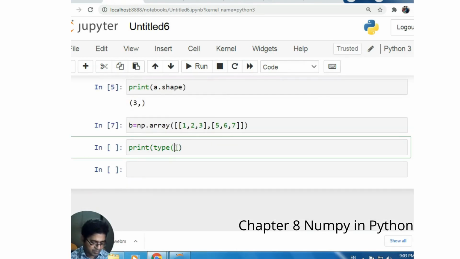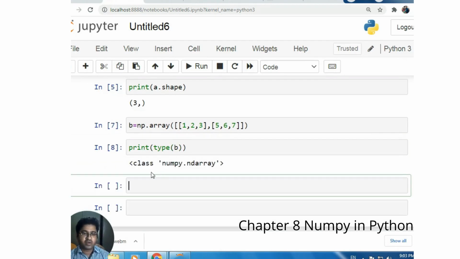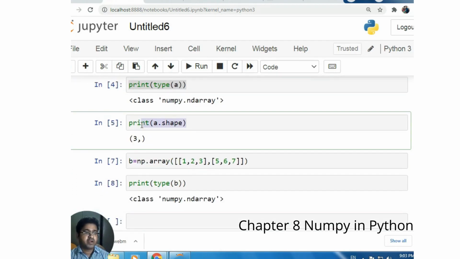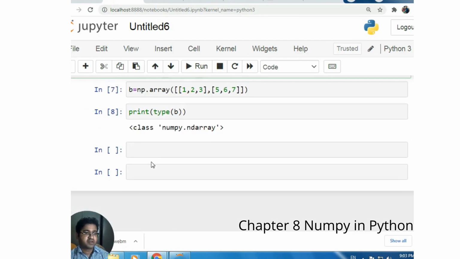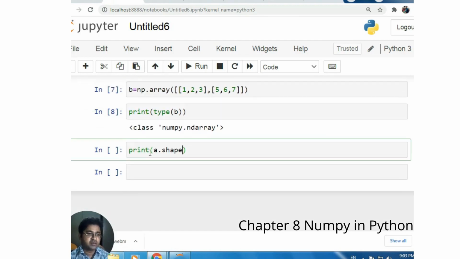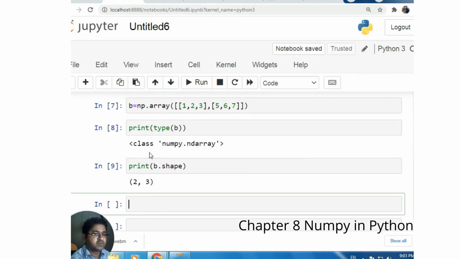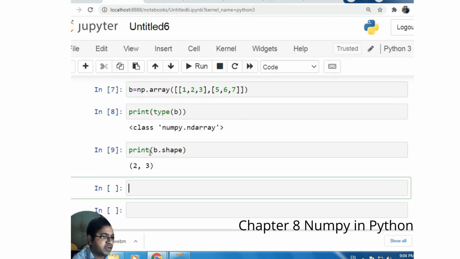I'm going to print it on the screen. How many rows and how many columns does it have? It has 2 rows and 3 columns. In the same way, we can have other sections, like how np is going to work with zeros. So if you want to print a 2 by 2 zeros, how will it work? There might be some error, so I'm going to include one parenthesis here. So let me print a here, a of zeros.